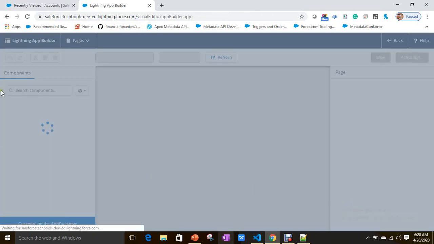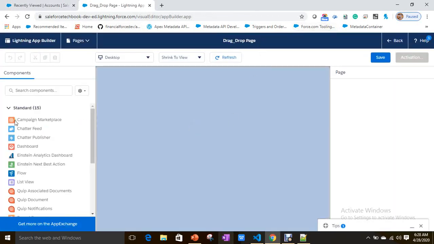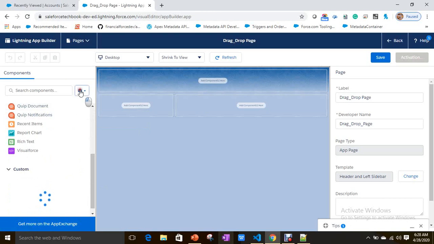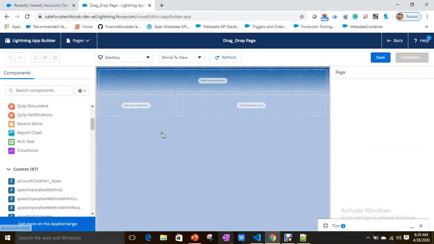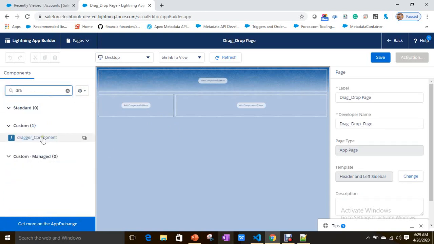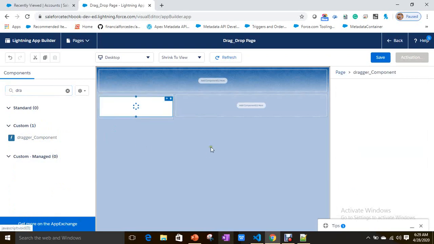Next. Now here, if you see, I am waiting for custom components here. So what is our custom component name? Dragger. See, I added it here. Done.